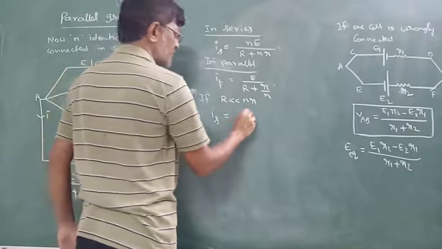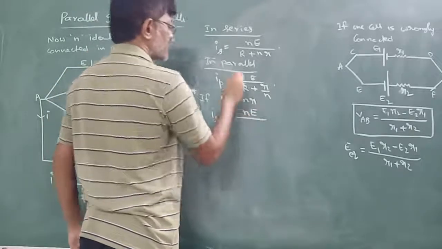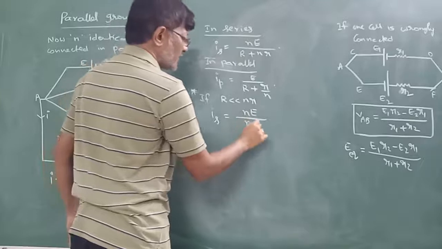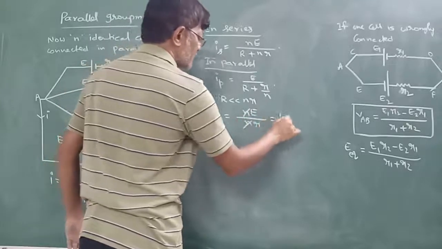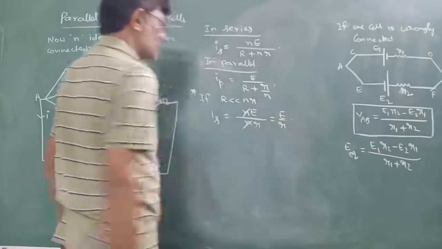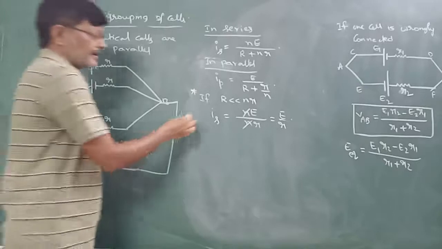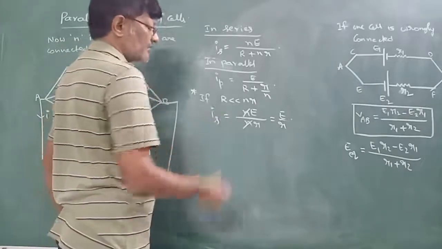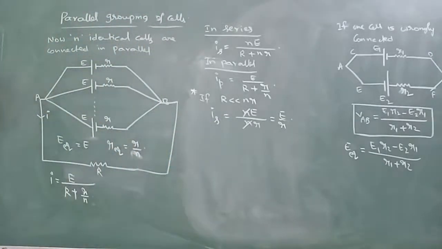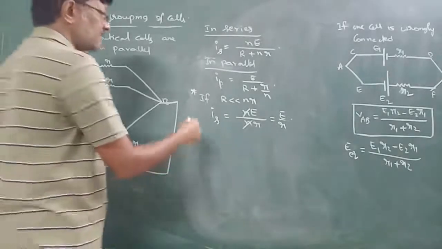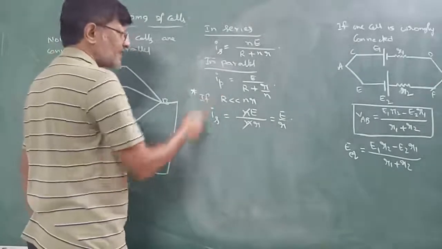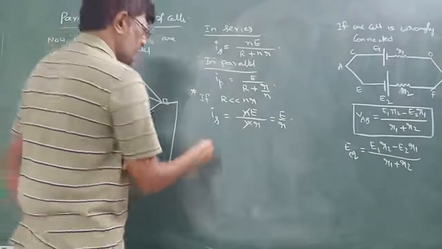IS is equal to nE by, this capital R can be neglected, n small r, and then n gets cancelled. This is equal to E by r. So, if the external load is much smaller than the effective internal resistance, current in the series combination is equivalent to current delivered by a single cell. Whereas in parallel combination,